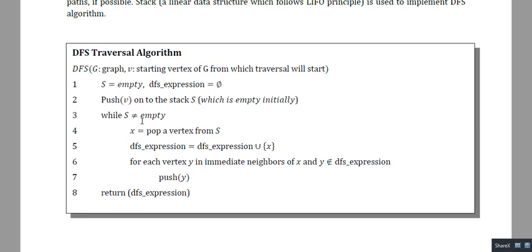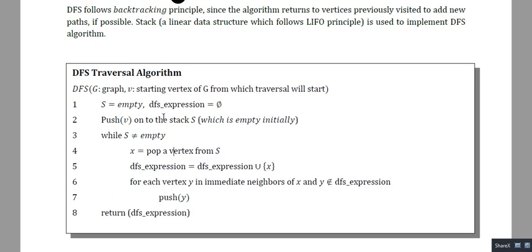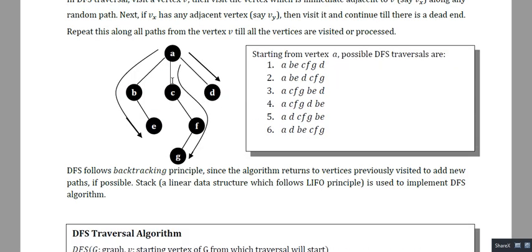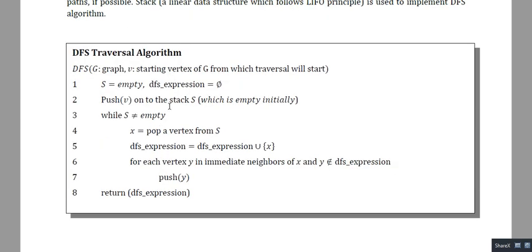Okay, so in step 3 you take a loop. While stack S is not equal to empty, and in this case obviously the stack is not empty because the stack contains the character A. Then you pop X from the stack and add it to DFS, so DFS expression is equal to DFS expression union X. Whatever element you have popped from the stack, just add it to the DFS expression. Then